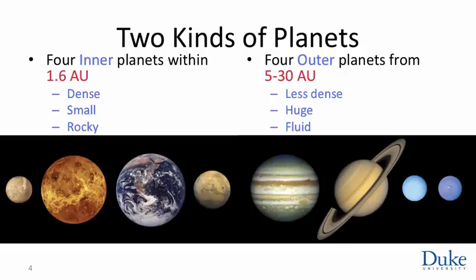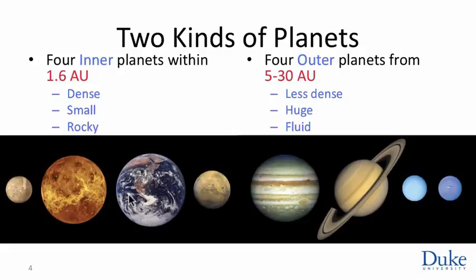The planets themselves come in 2 very distinct families. There are the inner planets, Mercury, Venus, Earth, and Mars, and the outer planets, Jupiter, Saturn, Uranus, and Neptune, and they're different in as many ways as you can think of. The inner planets are dense, as we shall see, as dense as rock or denser. They are small. This image is not to scale. The left-hand side is to scale, so that you see that Mars and Mercury are smaller than Earth and Venus. The right-hand side is to scale, which shows you that Jupiter is the largest. But between the right and left-hand side is about a factor of 10 in size. Jupiter, in fact, is 11 times as large in radius as Earth.